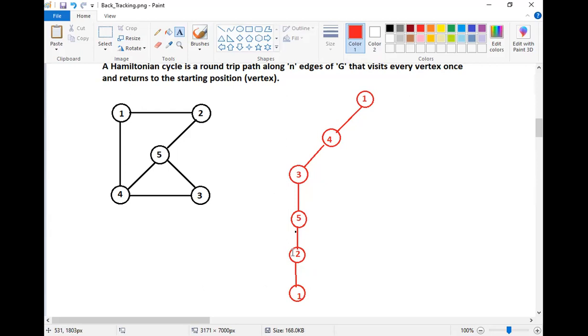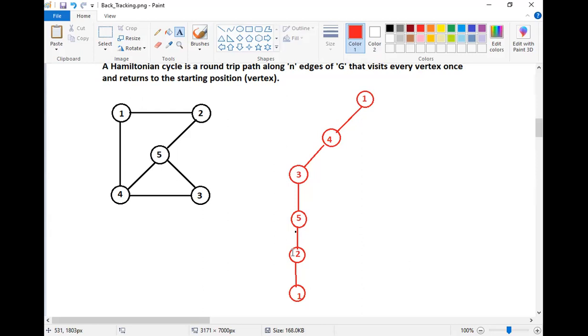we started from 1, say 1 on the root node. From that root node, we decided that we will go to the vertex, that is node 4. So we decided on the left side 4. From 4, how many possibilities are there? 2 possibilities. One I can go towards 5, other one I can go towards 3. Now what I did, I came to the 3. So from 4, now I came to 3.